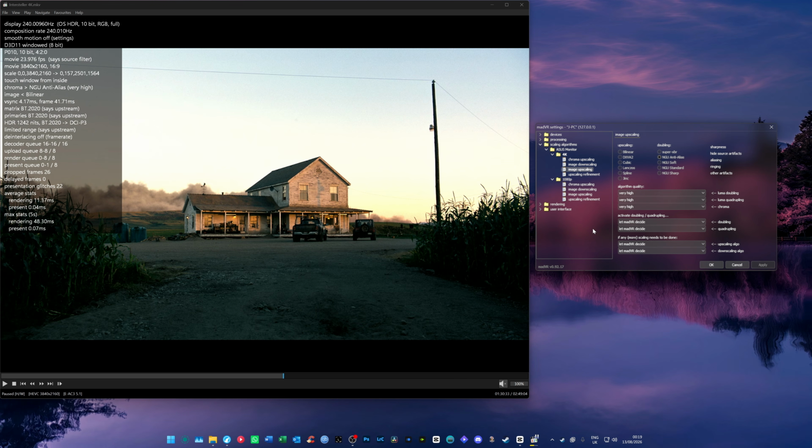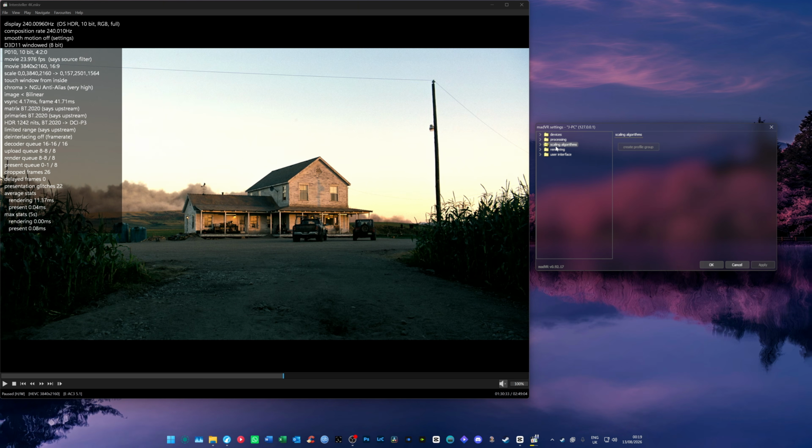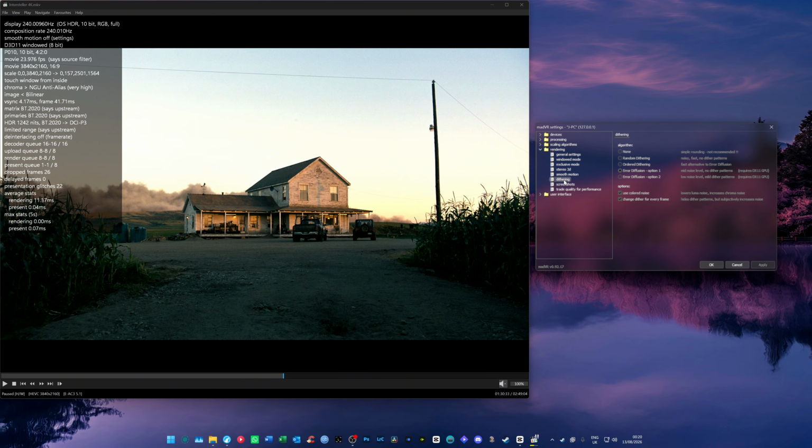Just press apply. Upscaling refinements, I keep sharpen edges and thin edges on. And this time I have activate anti-ringing filter off, and then refine the image only once after upscaling is complete. Press apply, and that's our 4K and 1080p profiles done for the scaling algorithm. Next you want to head into rendering. We're going to ignore these settings and head down to dithering, and we're going to select error diffusion option 1